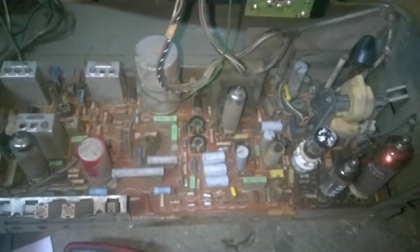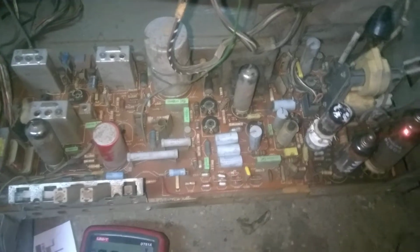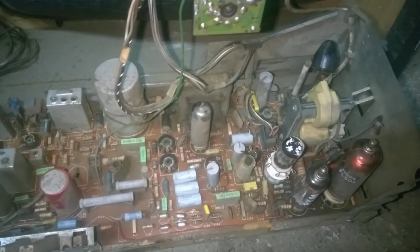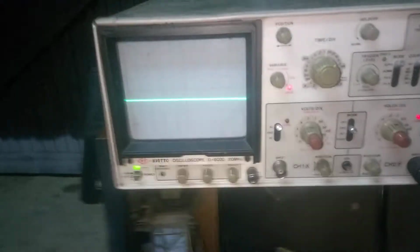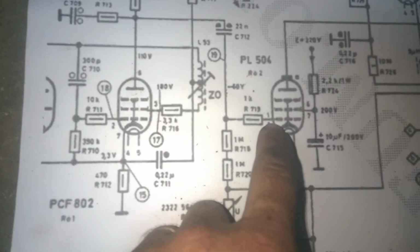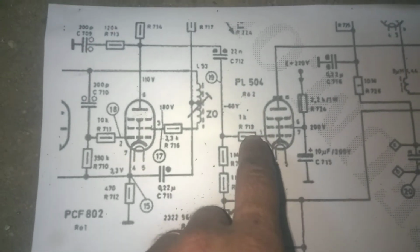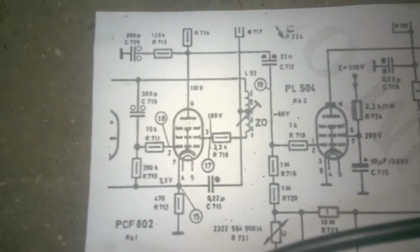the oscilloscope so that you can maybe learn how to do it. Probably you know better than I do, but if you can learn something from me, that's cool. Okay, we have the oscilloscope on the plate of the oscillator, pin 6, and it goes into the grid of the horizontal output. We could probe here also. Maybe this resistor could be open, probably not, otherwise we wouldn't measure this negative voltage. But anyway, we have